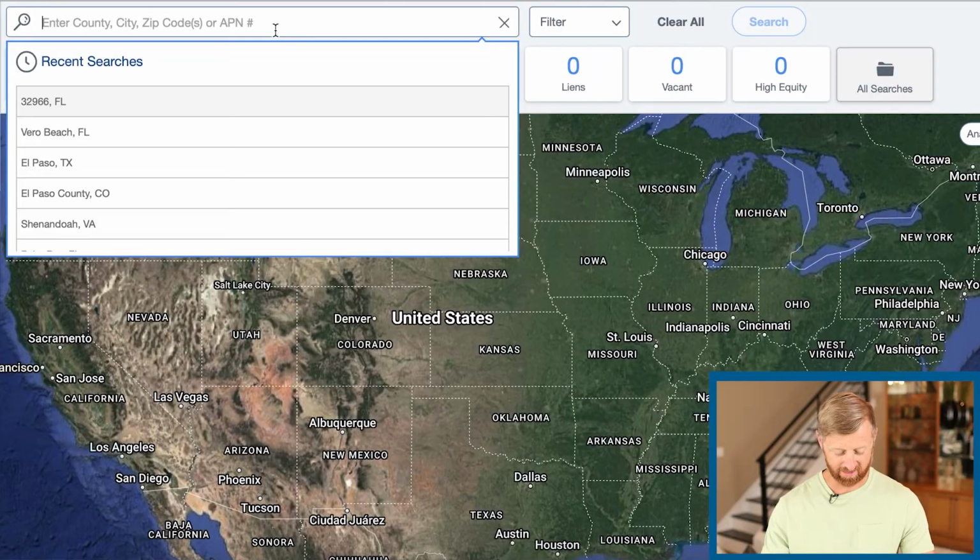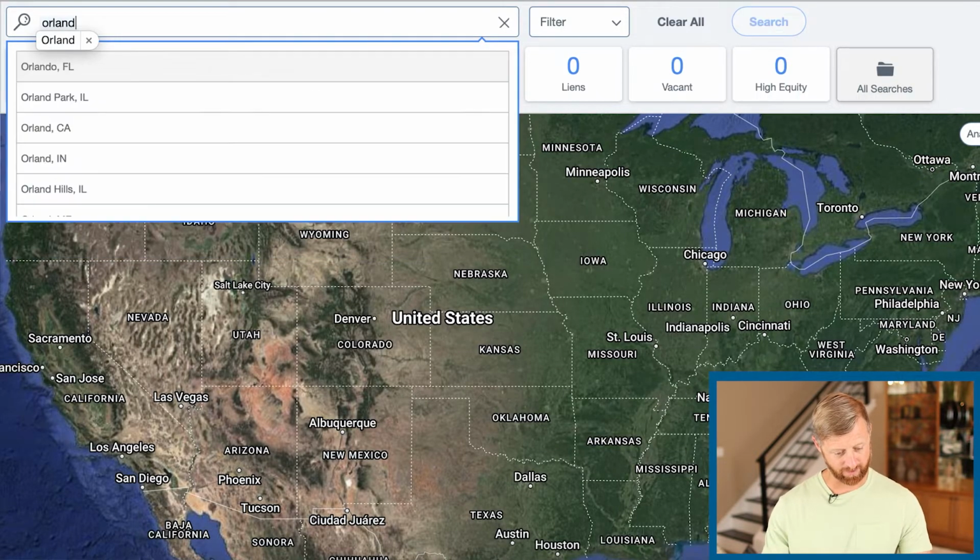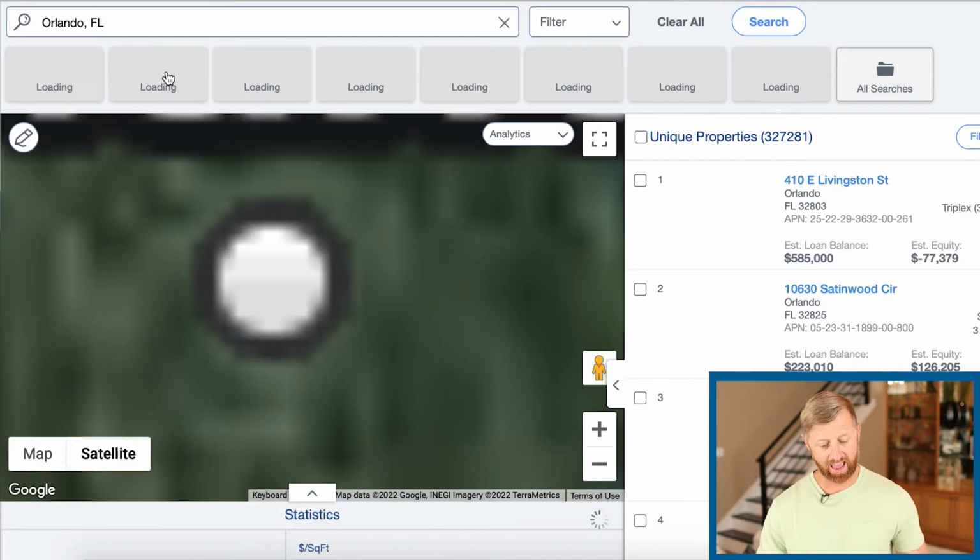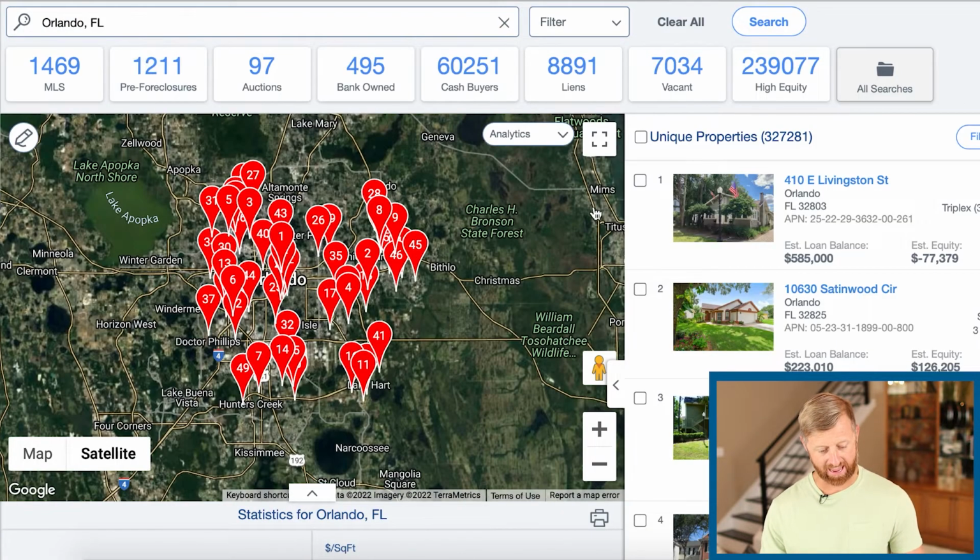All right, so now I'm going to do an example. I'm currently sitting in Orlando, Florida, so I'm going to put Orlando, Florida on here and just see what pops up. This shows me there's over 1,400 properties on the MLS, 1,200 foreclosures, 97 auctions, 495 bank owned,